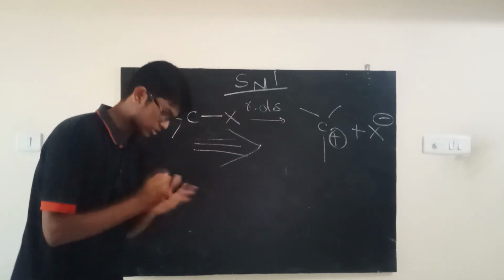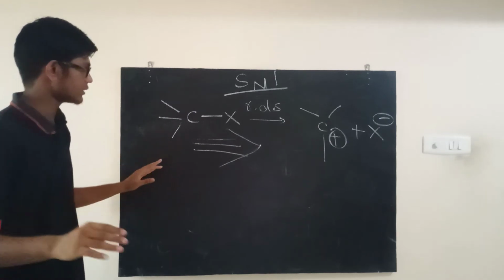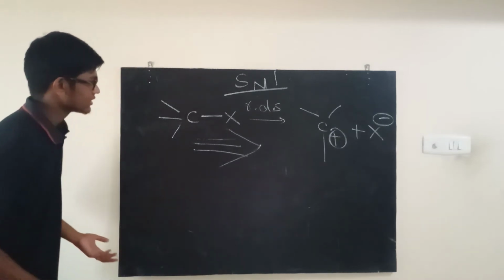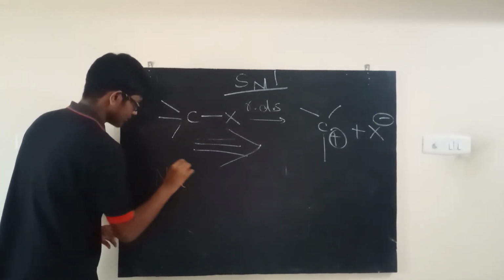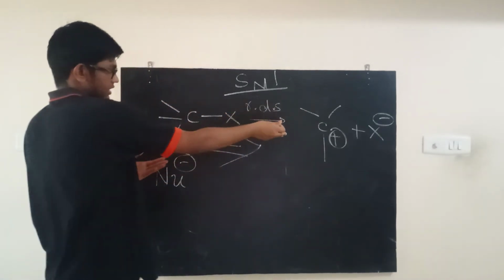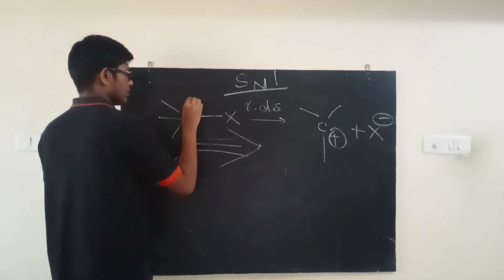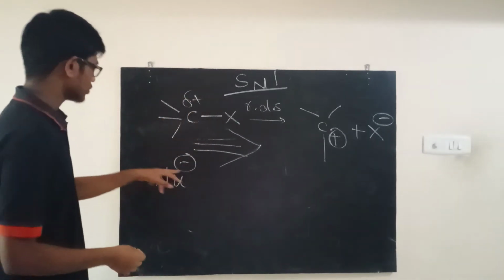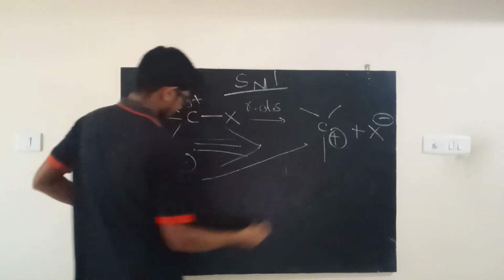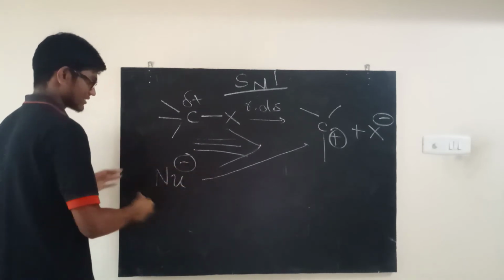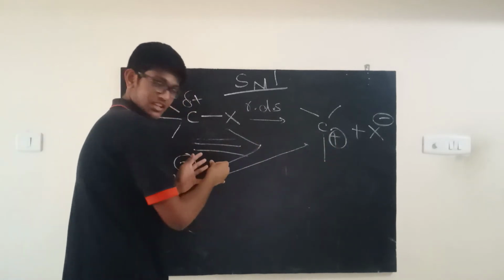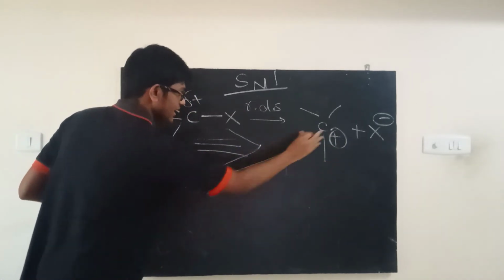X minus is pulling those electrons so much that the carbon just gives up, waves a white flag, and says, you know what, get away. And you get this positive charge. Then what happens? Then the nucleophile comes. See, a partial positive charge is not as good as a complete positive charge, right? In the previous one, in SN2, what did we say? We said we had a delta plus here, a partial positive charge, and the nucleophile came. But you know that the nucleophile is going to come much faster if you have an actual positive charge, right? Because of kq1q2 by r squared, acceleration, you can think of all that. It's not exactly how it works, but just to convince yourself. So more charge means more attraction, means faster. So he's going to run towards that guy.